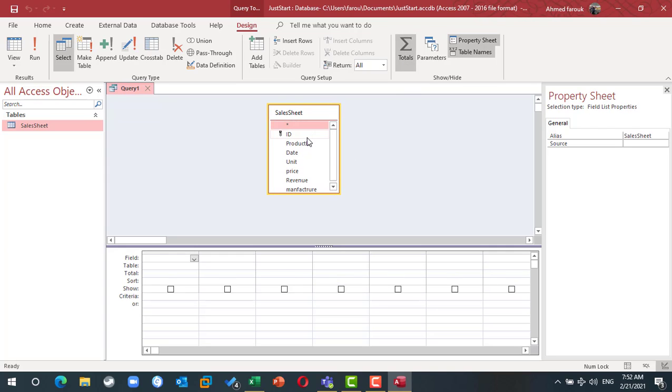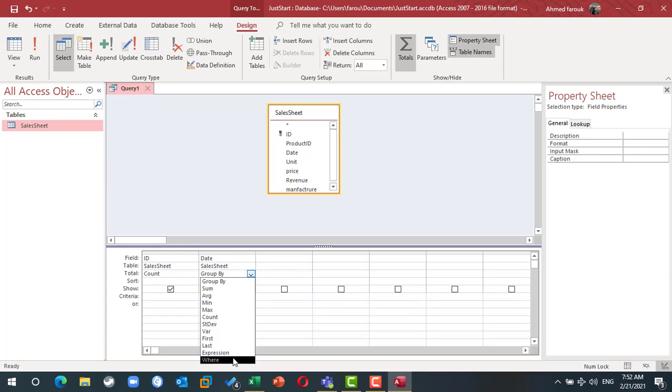So I need to know how many ID, how many action, how many invoices were issued this week. So I'm going to count using date. This is the name of the field in the Excel file. And by the way, don't use date as a field name in Access. This is where